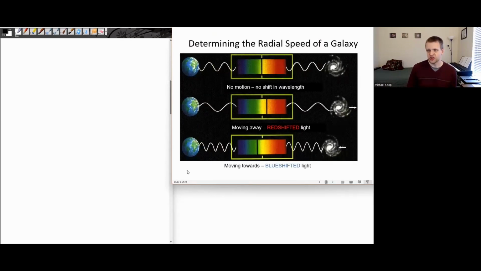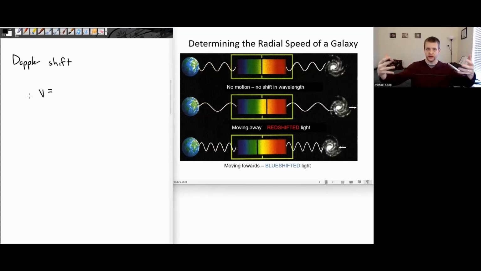What we want to do is combine those measurements of these spectra with this Doppler shift idea. We talked about the Doppler shift earlier in the course, where if I measure how redshifted or how blueshifted some light is, then we can identify how fast that galaxy is moving or how fast that object is moving. And the equation that we had was the speed of the object, the speed away from us. So if it's away, it's going to be positive. If it's towards us, it's going to be negative,